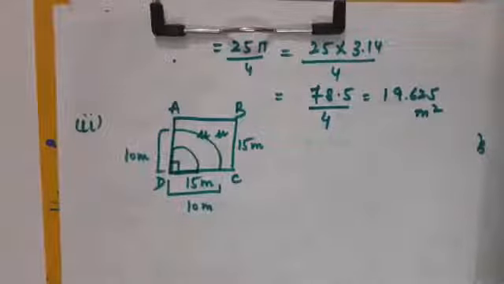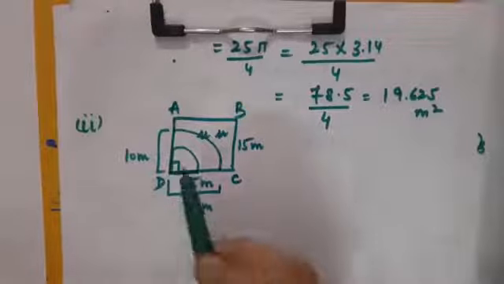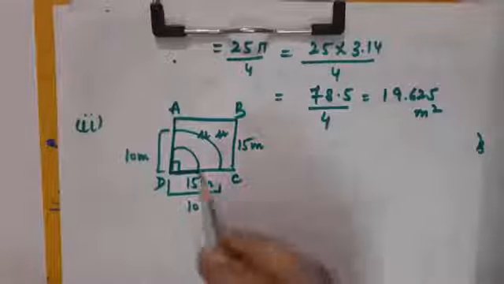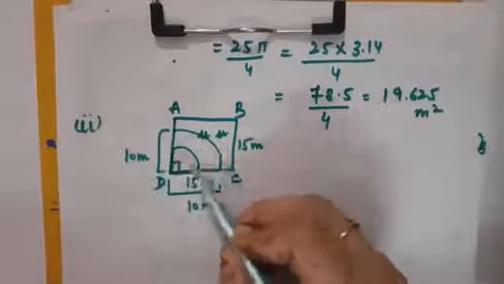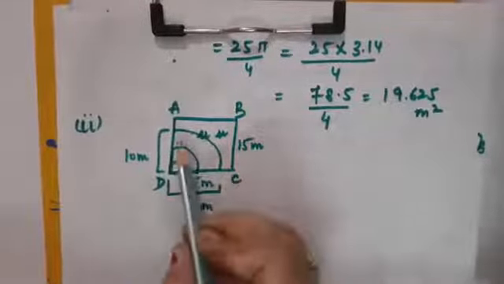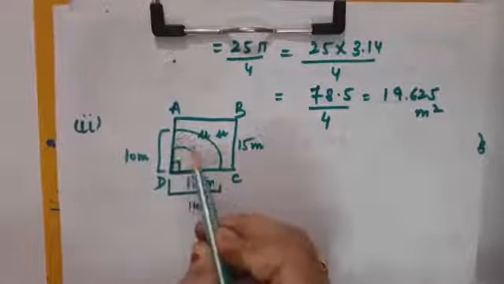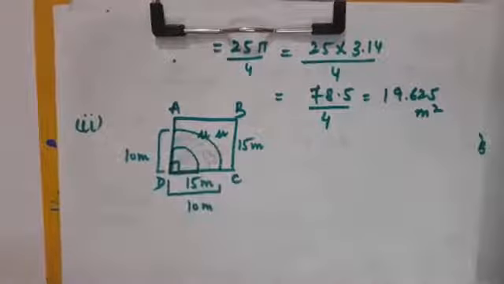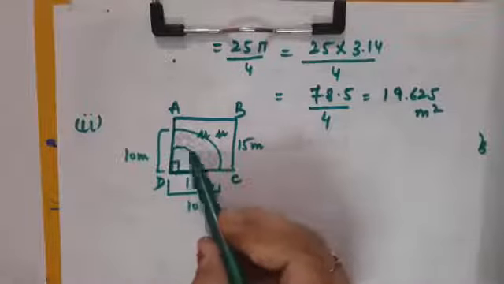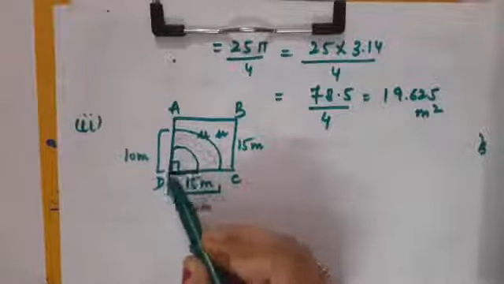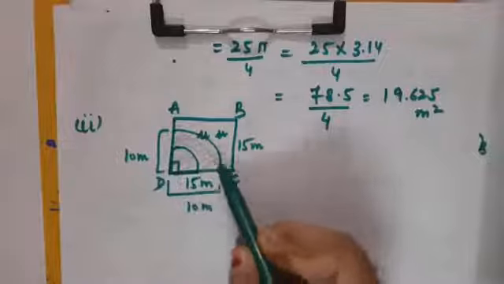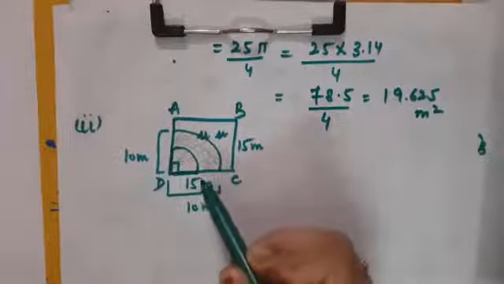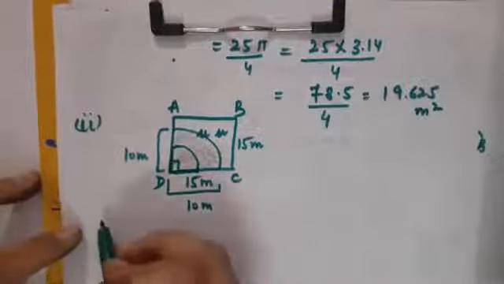Now I have to tell the increase in the grazing area. Earlier the horse was going to graze up to this much area. Now it is grazing up to this much complete area. So I have to calculate this part, because this is nothing but the increase in the area. So what I am going to do, children, I have just calculated the area of this sector using the radius as 5 meter. Now I will be calculating the area of this bigger sector. Now you have to use the radius as 10 meters. So let us calculate it.